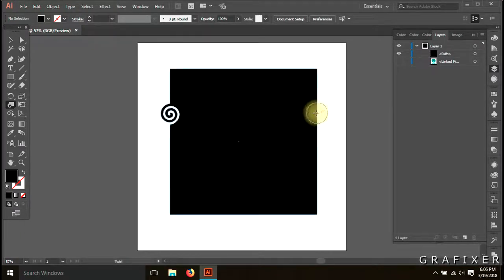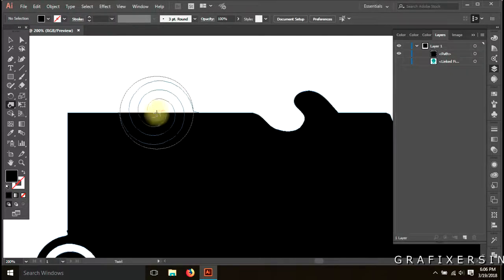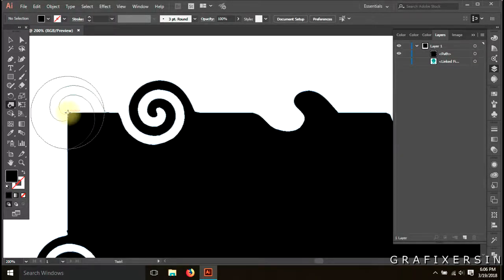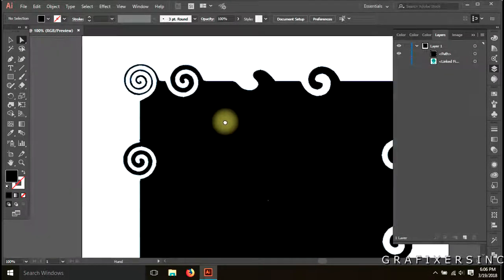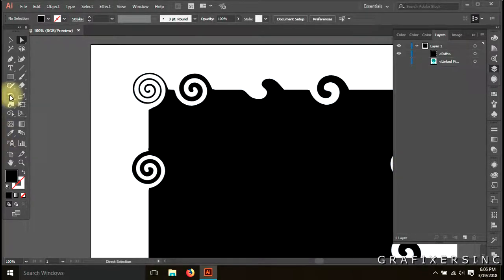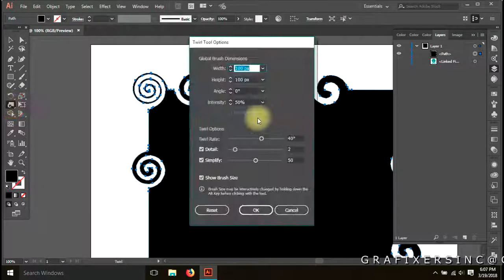This is what I'm clicking and holding the button for, as long as I want the twirl. So I'm just clicking and you can see how it is going. I'm zooming in for you to see more, and I'm at this corner. See, we can make this kind of twirls with this tool, and it's very simple. And the second part, furthermore giving you the details, I'm going to double click on this tool, and here